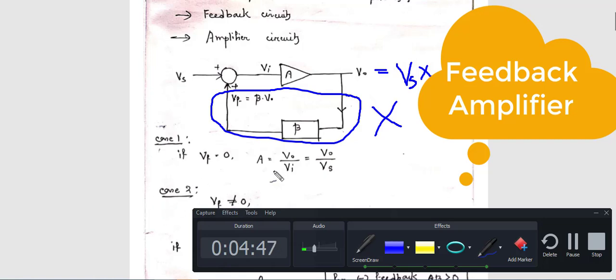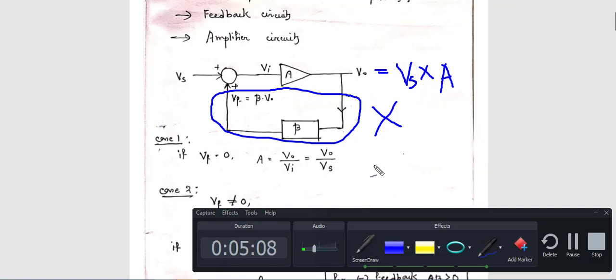See, in the second case. And again I am saying, in case of the circuit without feedback, what is the value of this gain A? This A is the open loop gain. Why is it called open loop gain? Because there is no closed path. That's why when this feedback is missing, you can say the value of gain is just the open loop gain. So you can say A is equal to V0 by Vs, or V0 by Vi, because when this feedback path is missing, your Vs is equal to Vi. That's why your gain A is equal to either V0 by Vi or V0 by Vs.